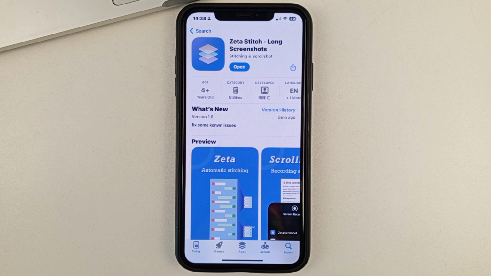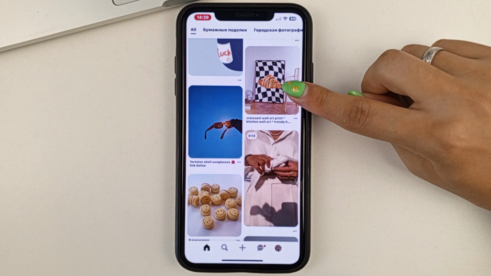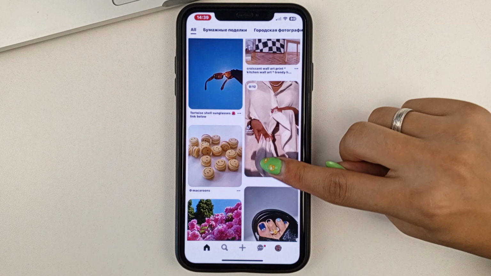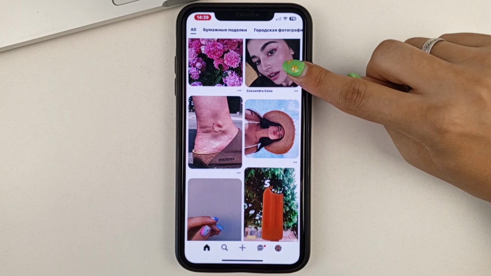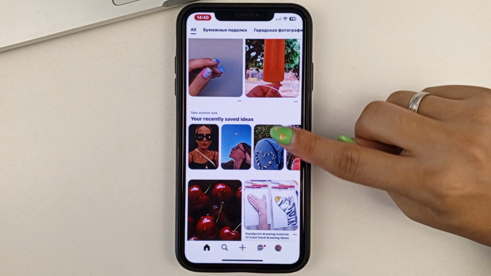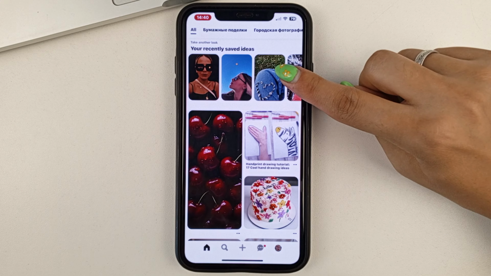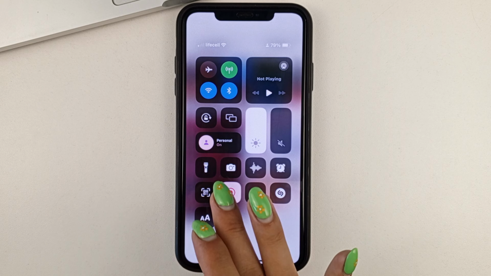You can scroll through. Slowly flip through. And finish flipping at the point that you need to. When you're done flipping, swipe down from the top and turn off screen recording.